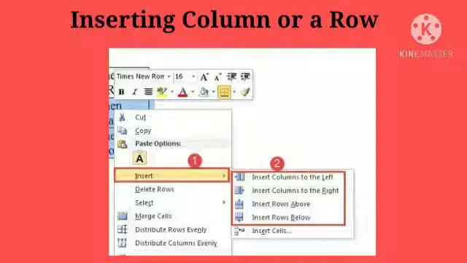When you click insert, again a small pop-up menu appears. Now students, here you have to select insert column or row to left, right, above or below respectively. Means students, where you want the row and column, above, below, right or left. Okay, you have to select that. Third, the column or the row will appear in the table.